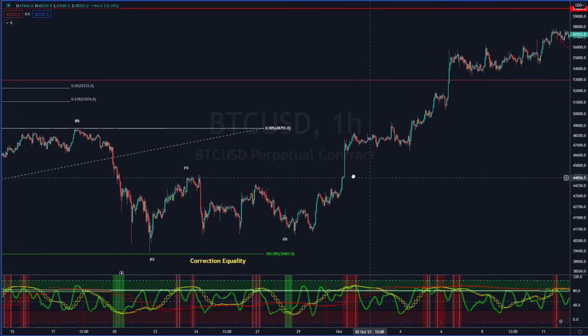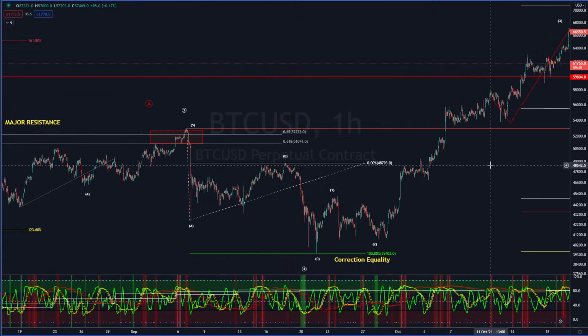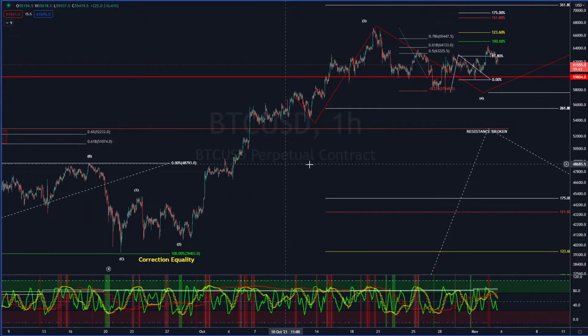So I hope you guys are still in some spot, because our target at the time was 73 to 75K. That continues to be the case. That hasn't changed. Okay? Resistance has been broken. That was this resistance right here at about 52,900. Now we're pulling back right now, right? As you can see, we're pulling back.